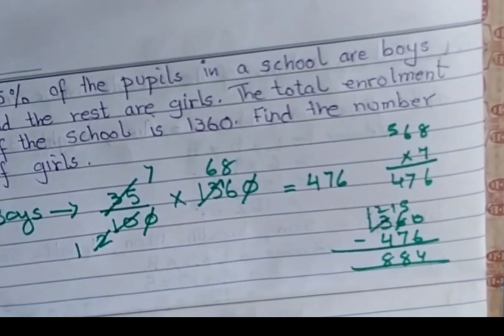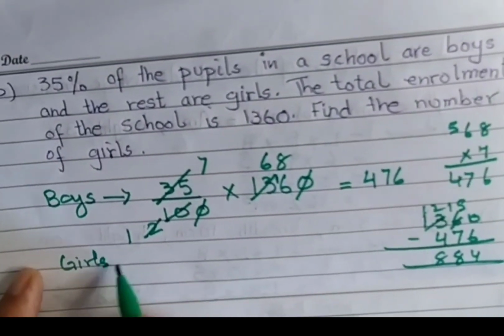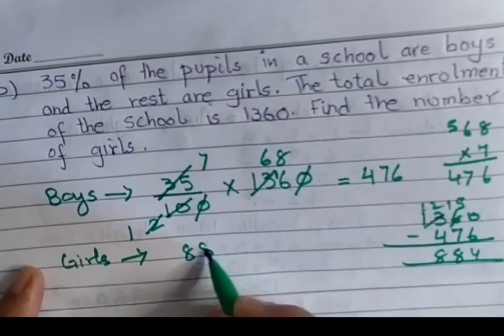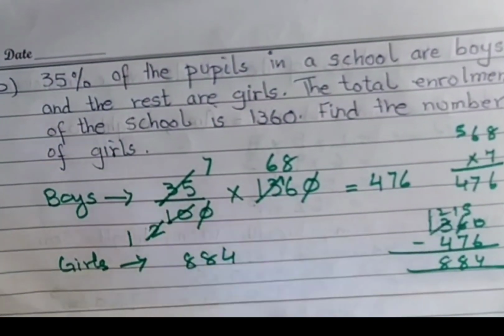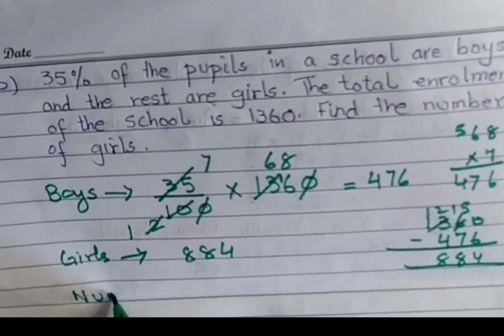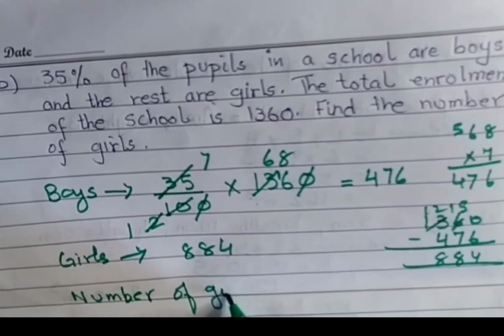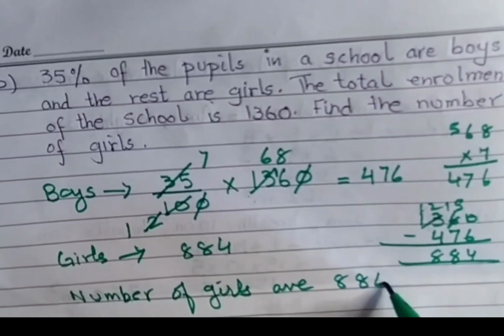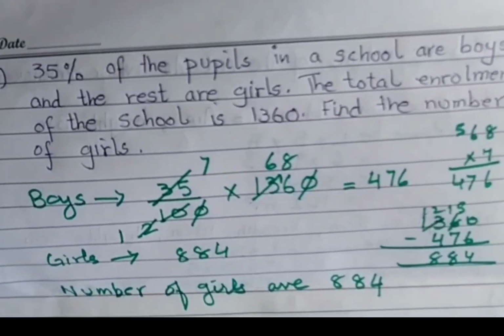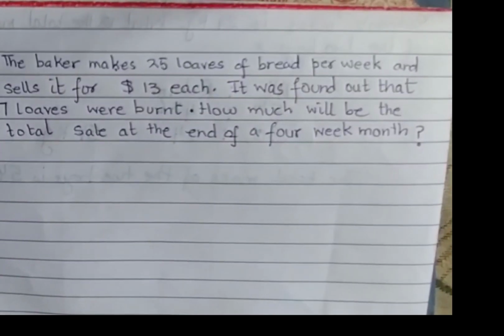So the total number of girls are how much? 884. Find the number of girls. Number of girls are 884. Okay, hope you got the question. So let's write down